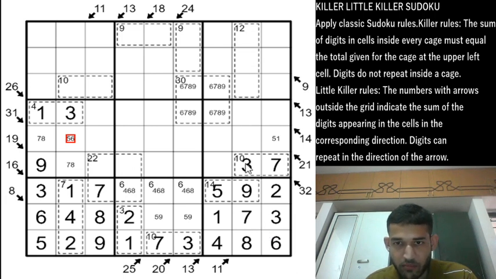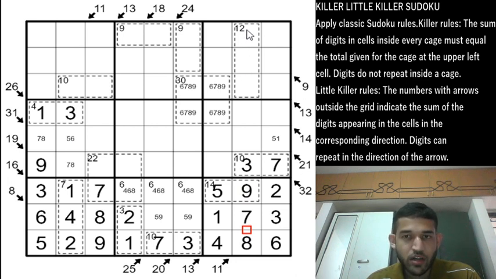Now if you look at column 8, 3 plus 9 plus 7 plus 8 add up to 27, and you have the 12 cage here which adds up to a 39. Now the total in any row, in any column or a box in a Sudoku is 45, because if you add the digits 1 to 9 you will get 45. So these 2 cells will add up to 6, because the rest of the cells add to a 39. So that means this has to be 1 and a 5 or a 2 and 4, because those are the only possibilities that make a 6 total.